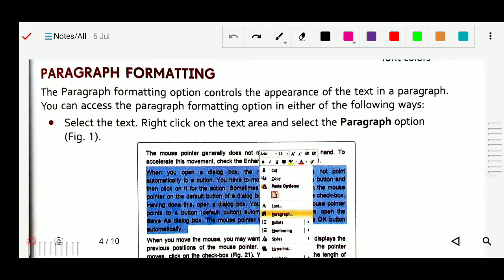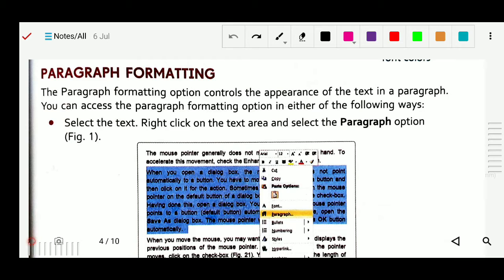Good morning, students. Today we will continue our chapter 3, Tools of Word Processor. In this chapter, we have studied selecting text, how we can select the text by using keyboard and mouse, adding text, removing text like the delete key and backspace key, copying text like copy paste. Shortcut keys we have also studied: Control plus C, Control plus V. Moving text like cut and paste, shortcut keys like Control plus X, Control plus V.